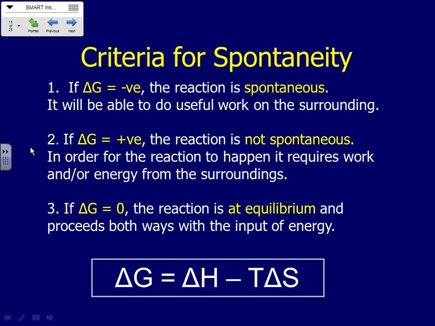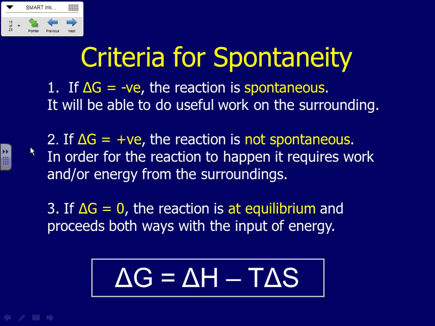Okay? If the delta H was positive, then the delta G is positive, non-spontaneous. If it's non-spontaneous in terms of entropy, then that has to be a negative number, but notice the negative turns it positive again. And therefore, a positive and a positive is positive. So a delta G that is positive is non-spontaneous. Now, if we have that situation where the signs are the same, let's say I have a negative delta H, spontaneous, and I have a negative delta S, non-spontaneous, and that turns it into a positive, then I have a positive